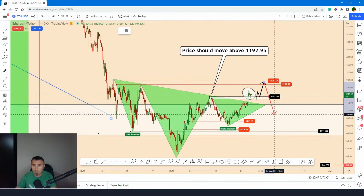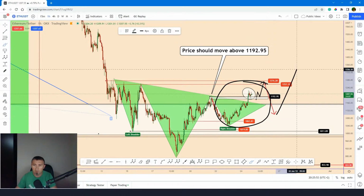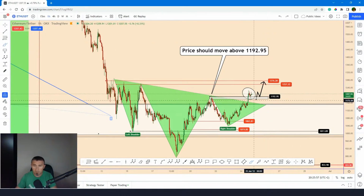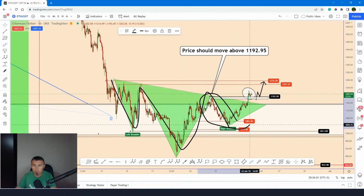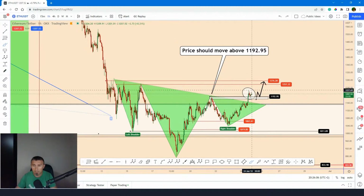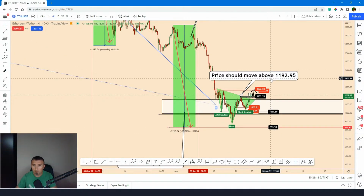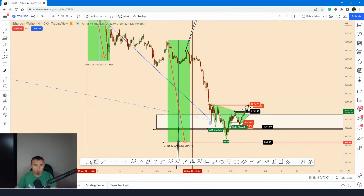So if this is going to come down from this point, we are going to have a bigger expanding of the pattern, and it can move up again. So let's see, for the time being, also in this way, it looks very good. The right shoulder looks really completed in this way. I really like it, so we can see the continuation. Just one moment. If we are going to look at this target,